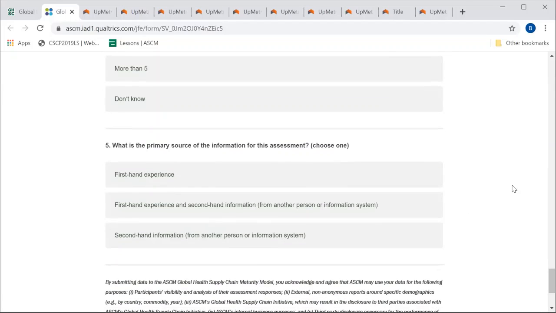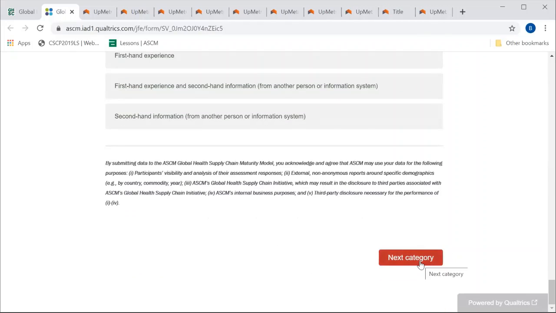Now your primary source of information, this is also very important, and it's tied back again to the selection of your participants. You could have first-hand information. That means the people actually doing the job are the ones providing the answers. You could also have first-hand information and second-hand information, in the sense that the people doing the job are there, but you're also able to get information from someone else doing the job, or maybe from some important document that has accurate information. That could be your second-hand information. Second-hand information could be combined with first-hand information, or you could have just second-hand information or first-hand information alone. Either one works, but you just need to be sure that you're getting the right information from all the sources.